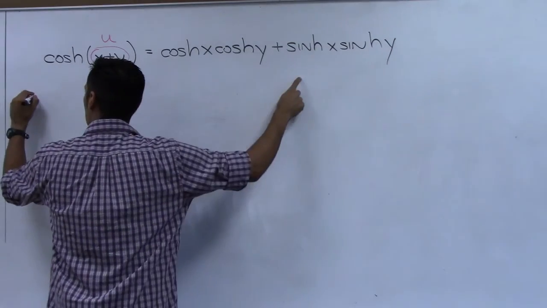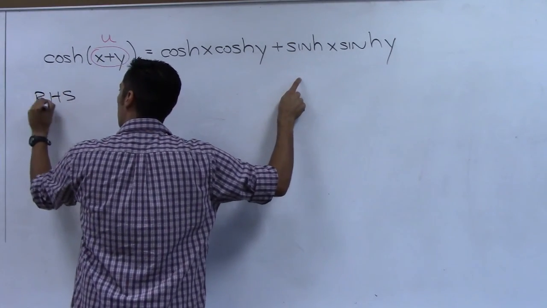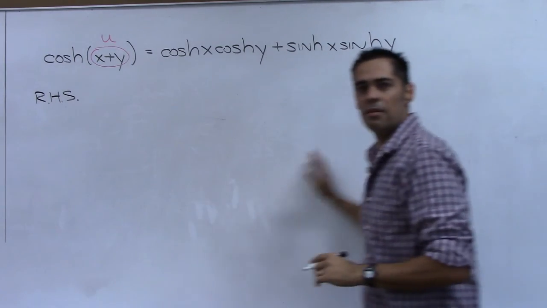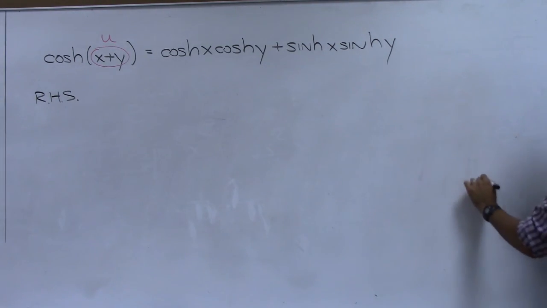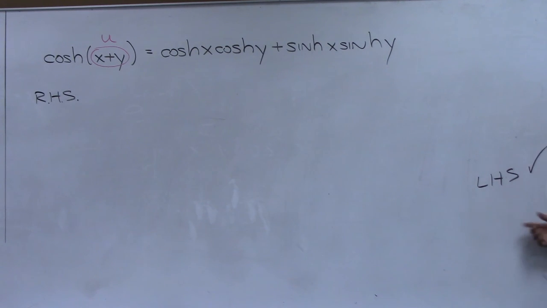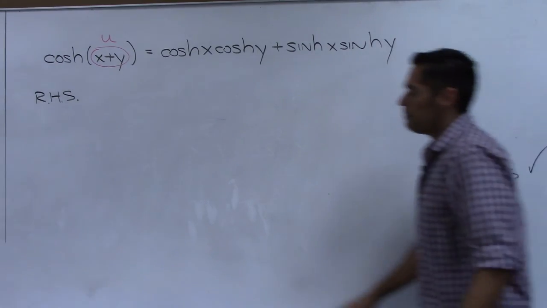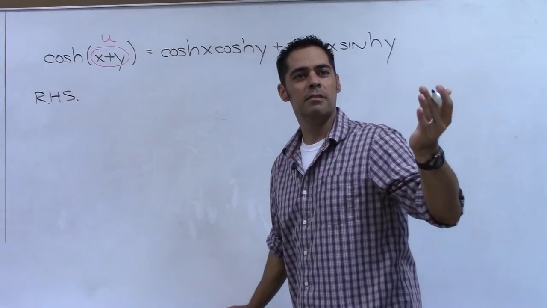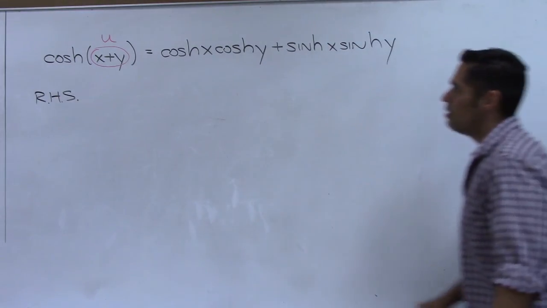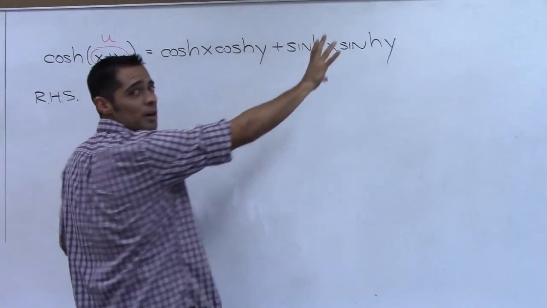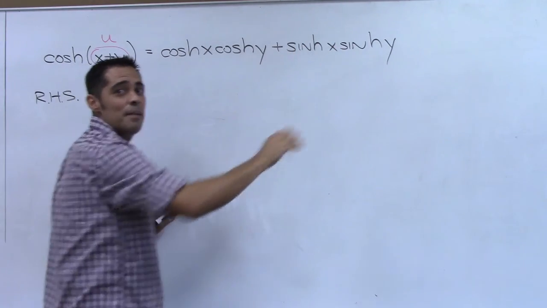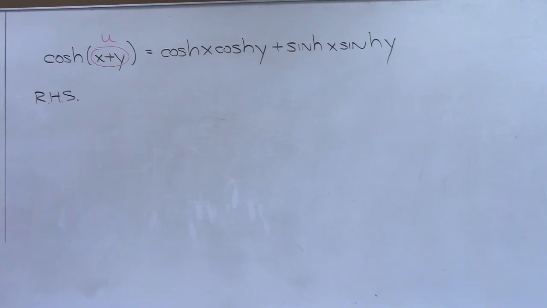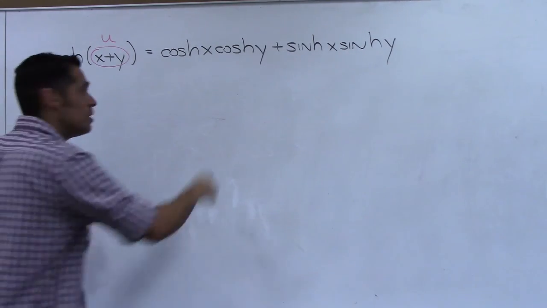Now, I'm going to start with the right-hand side of the equation. RHS, right-hand side. And at the end, my very last statement will say this, left-hand side, check. That means that I've worked this out and turned it into the left-hand side of the equation. Ethan, I need your help to convert this entire expression in terms of e. And I'd prefer if you do it with the 1/2 things in front, not the 2 on the bottom. I'm just going to listen to you, and I'm going to write.